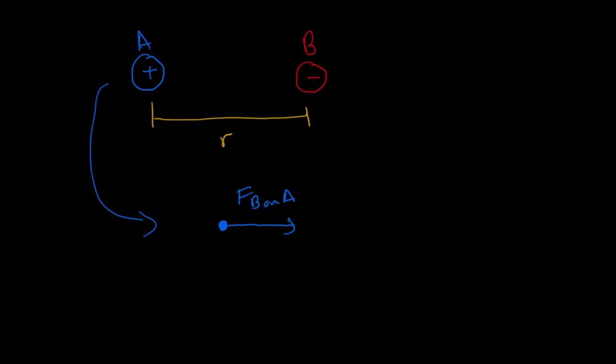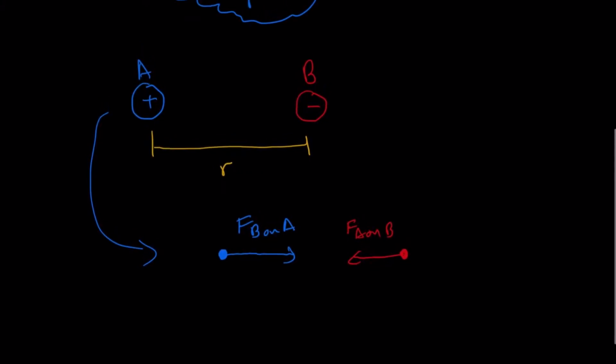And if I'm going to consider object B, the force of attraction will be the other way around. It's going to be F of A on B. So you notice if we have two charges in this case, whether they are positive, negative, similar charges, opposite charges, if we place them at a certain distance with respect to each other, these forces are going to exhibit a force of attraction or repulsion. And based on Coulomb's law, there's the law of attraction or repulsion, which states that